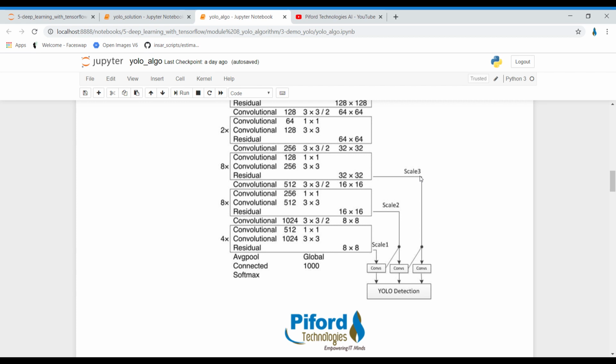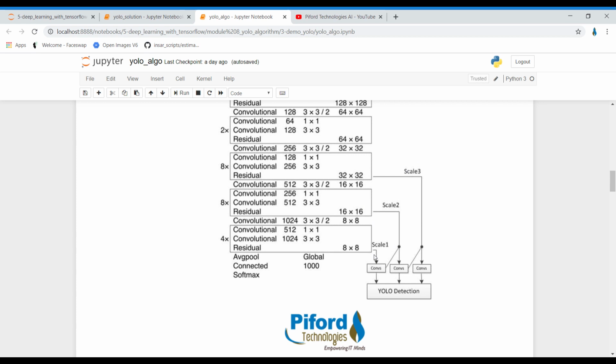The YOLO algorithm will give us output at three different scales, right? That simply means the YOLO version we are working with is YOLO v3, and YOLO v3 makes detections at three different scales, which are at layer 82, then layer 94, and then layer 106.